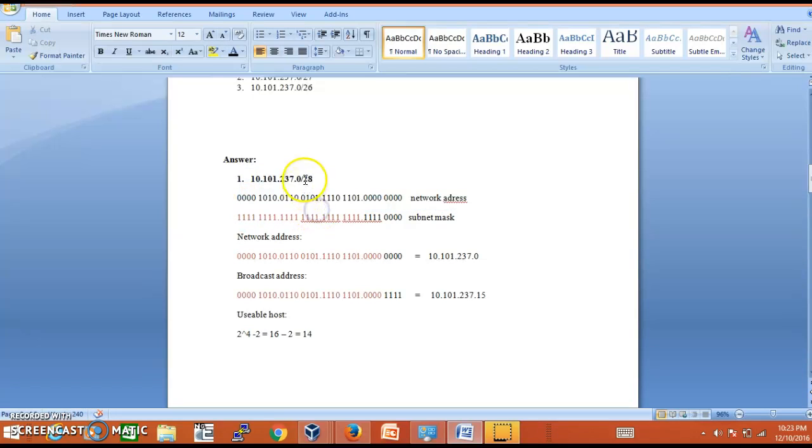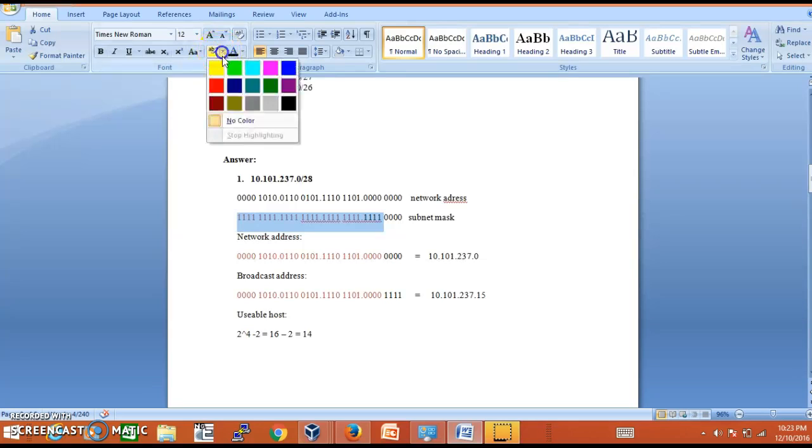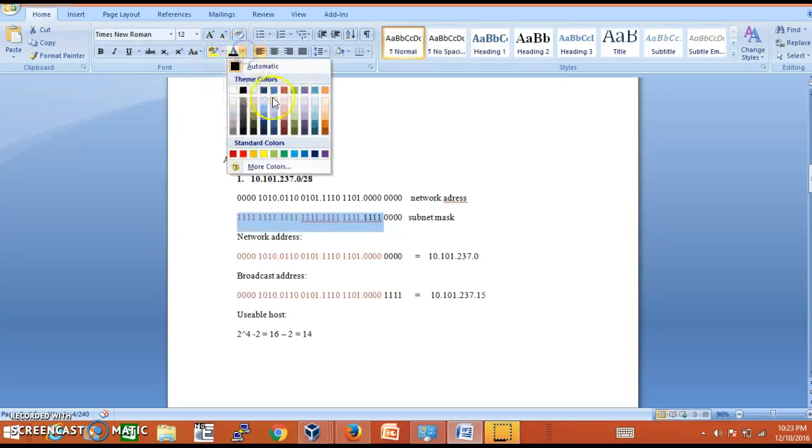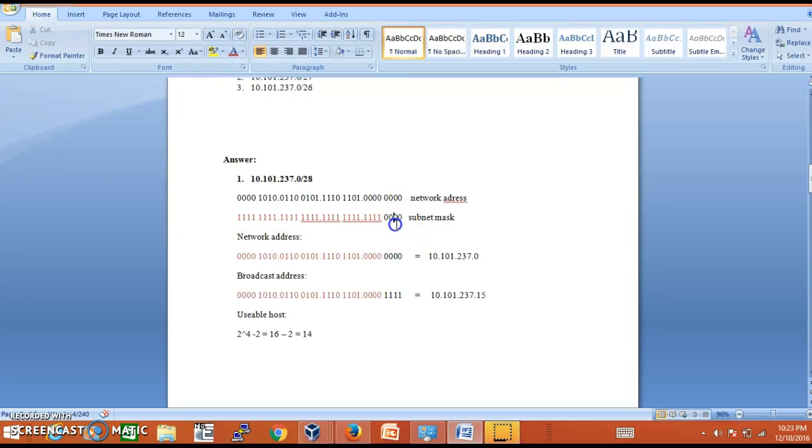Then we do it for the subnet mask, which is /28, which means we take 28 bits of ones and 4 bits of 0. When we do an AND of this and this, it will give us our new network address, which is this